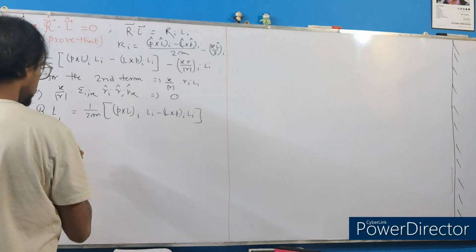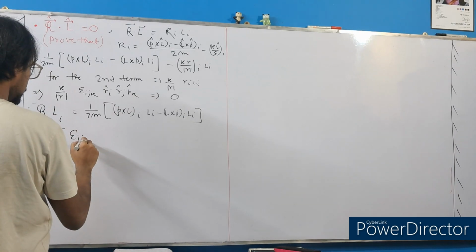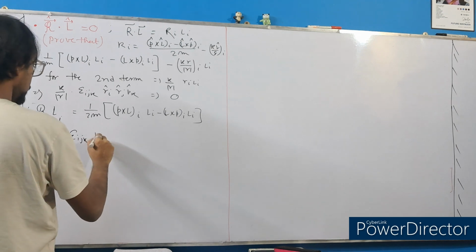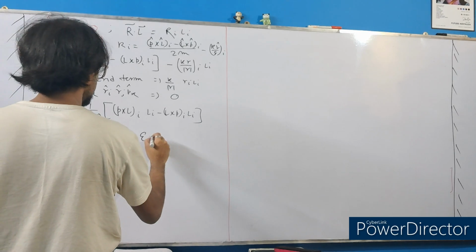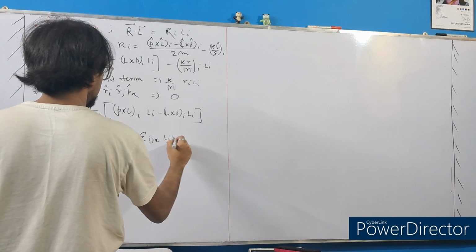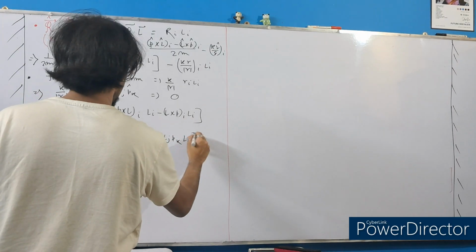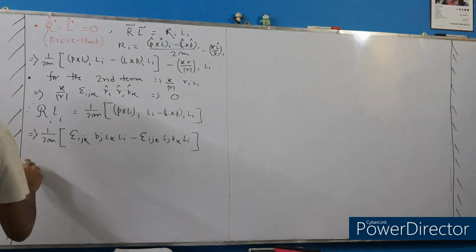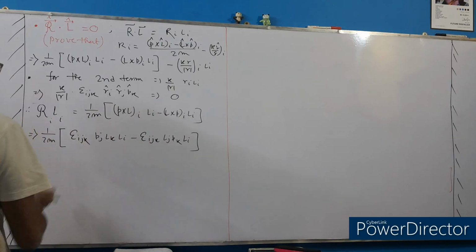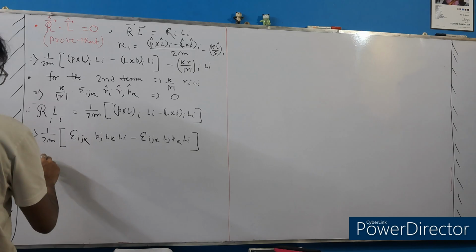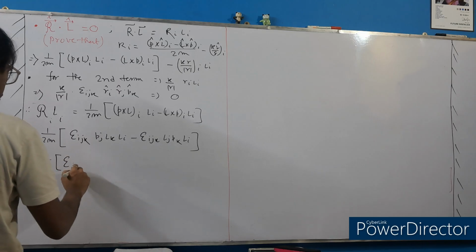Now I have to break those: epsilon ijk pj Lk Li minus epsilon ijk Lj pk Li. Now you can see epsilon ijk can be taken as common. So 1 by 2m epsilon ijk